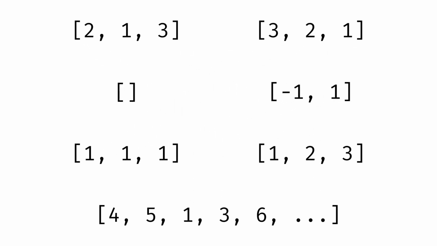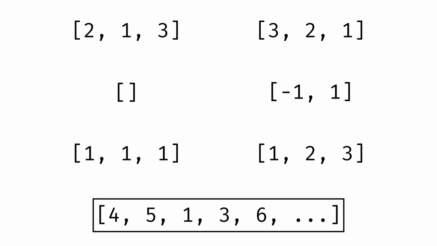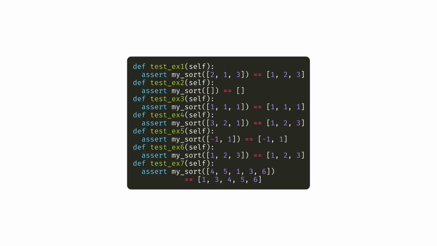We can start with corner cases like the empty list or a list in reverse order. But at the end of the day, there are infinitely many lists that we could want to check. It's difficult to know in principle which examples we should care about and how many we should try. Even if we do settle on a set of examples, do we really want to write all of that code? The cleanest, most abstracted version of this approach is still pretty complicated if we need to choose all of the examples ourselves.